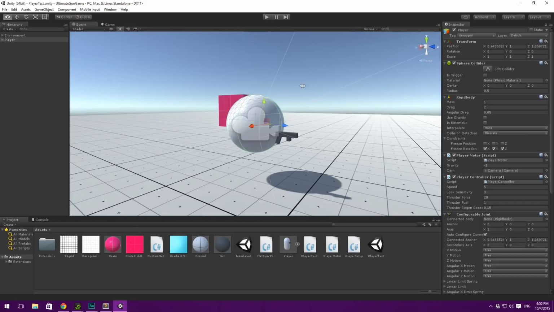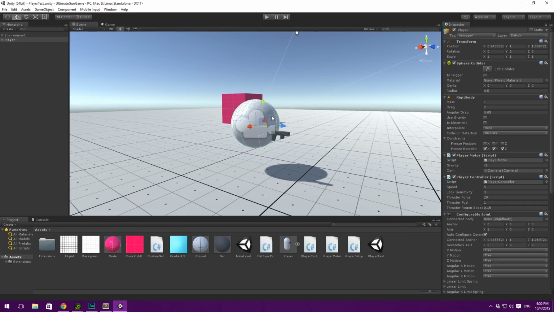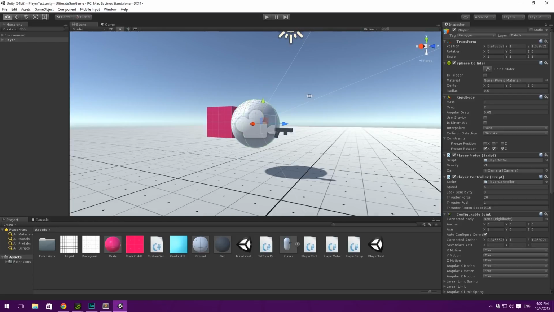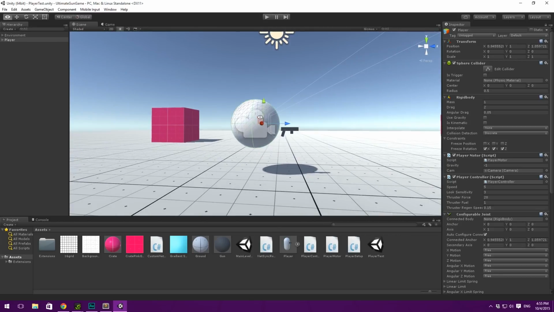I know that he looks kind of funny, but I was thinking that we could make this kind of sci-fi-like and make him some kind of spherish robot with a thruster down here, and have the weapon rotate around this sphere. And therefore, because he's kind of levitating in the air while we play,